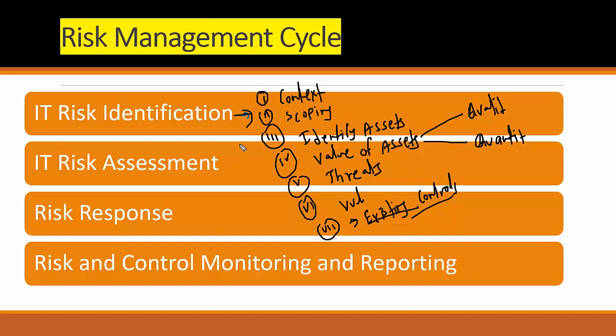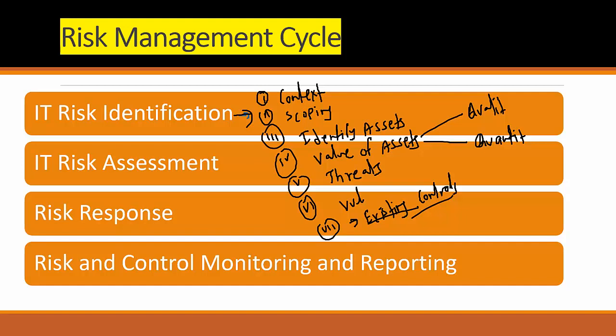So at least at the first stage, we get visibility that we have some risk. But the question is that every asset has its own risk. We need to evaluate which risk has what impact. Unless we evaluate the impact, we will not be able to prioritize the controls because we have a limited budget in which we need to manage the risk and manage the security of the assets.